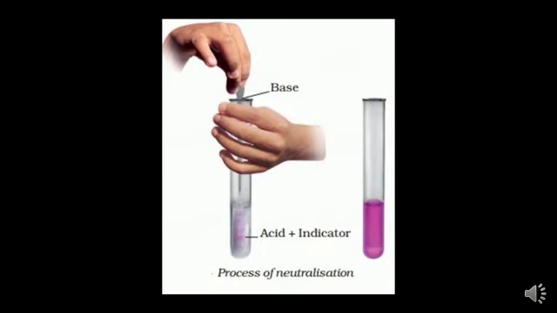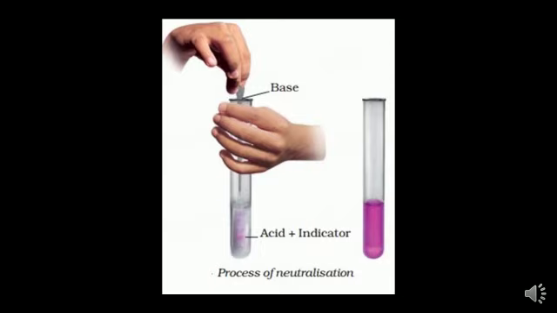So it is evident that when a solution is basic, phenolphthalein gives a pink color. On the other hand, when the solution is acidic, it remains colorless. When an acidic solution is mixed with a basic solution, both solutions neutralize the effect of each other. When an acid solution and a base solution are mixed in suitable amounts, both the acidic nature of the acid and the basic nature of the base are destroyed, and the resulting solution is neither acidic nor basic.